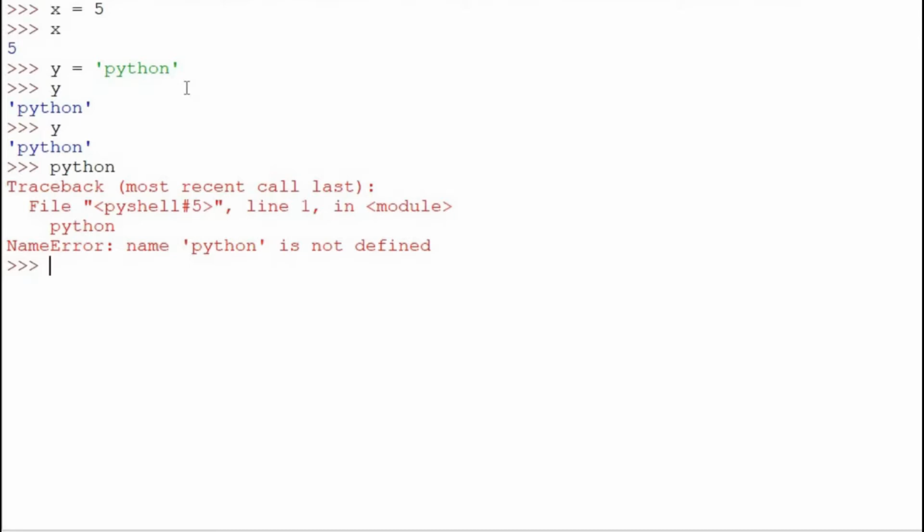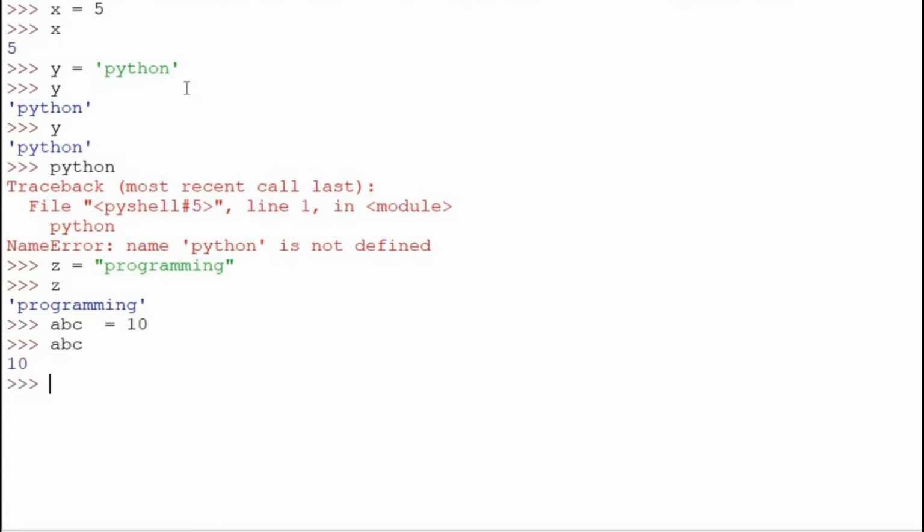We can assign any type of value to any type of variable. Like if I want to assign, let's say, programming to z, I can assign it. I'll write z is equals to programming. See, no error. If I write z, I'll get programming. Similarly, I can assign integer values as well, like I previously did with x. Now I want to take a variable, let's say abc, and I want to assign it a value 10. See, all good. If I write abc, I'll get 10.